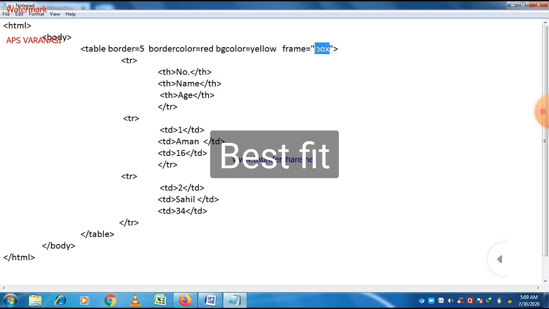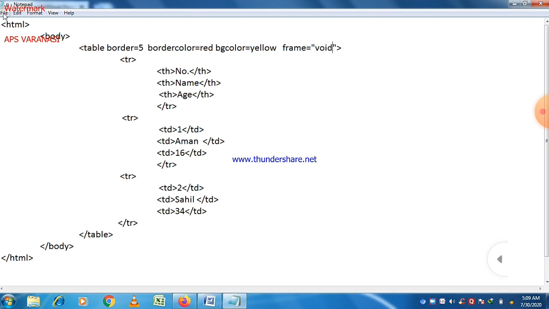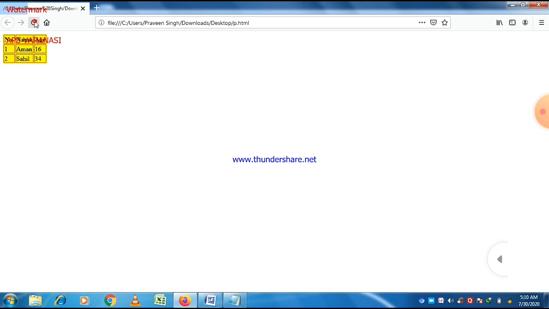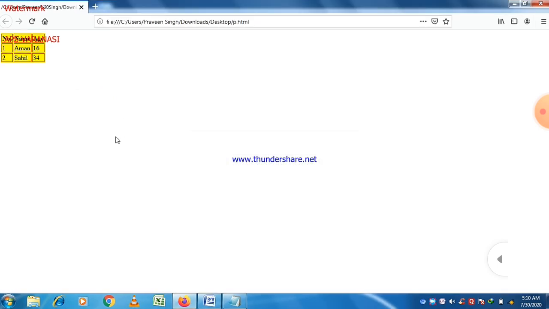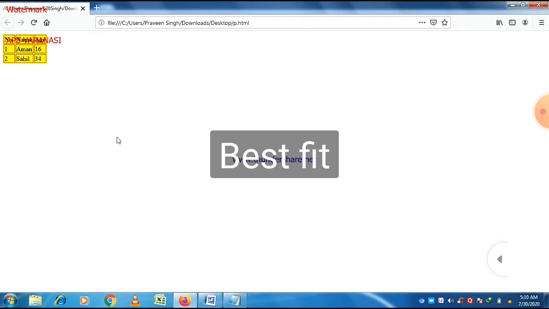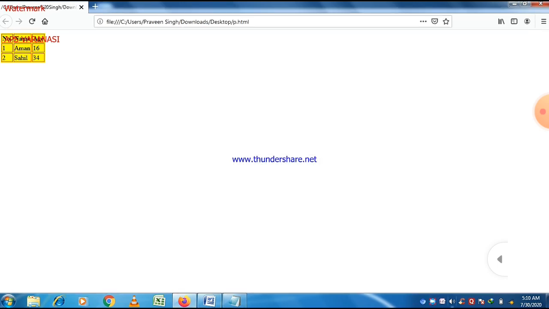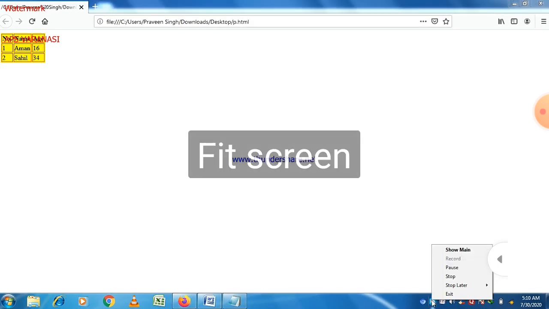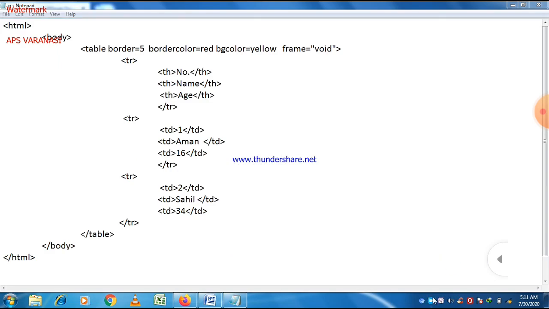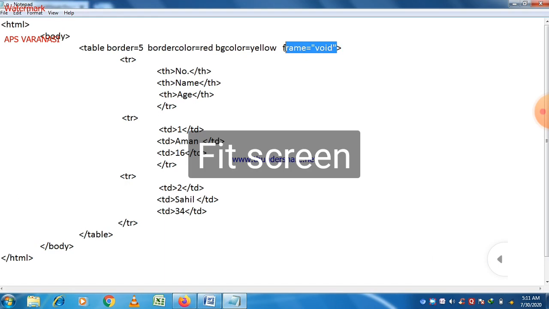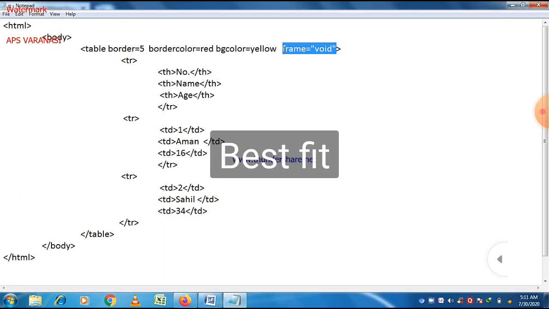And if you want no border, then just write void, and you can easily see that no border is visible here. That is our program, and we used different frame values in it: LHS, RHS, above, below, box, hsides, vsides. These are the different values in it.